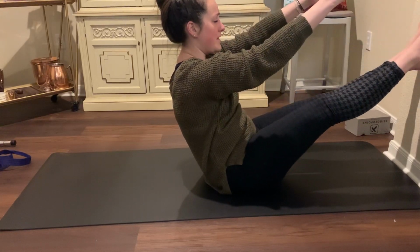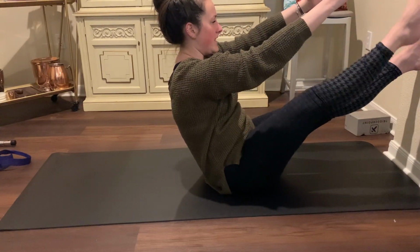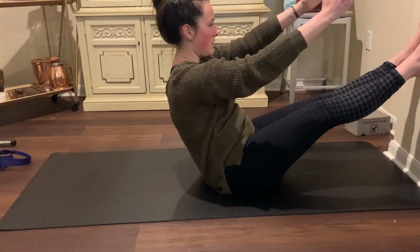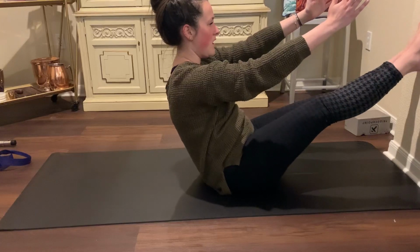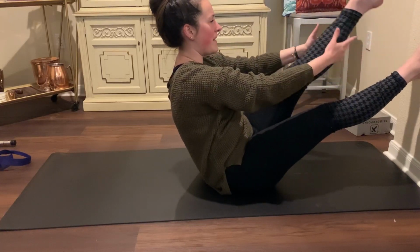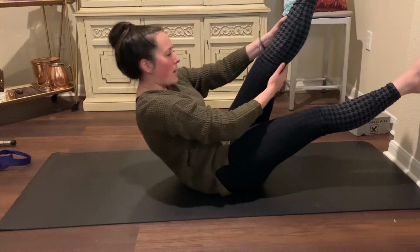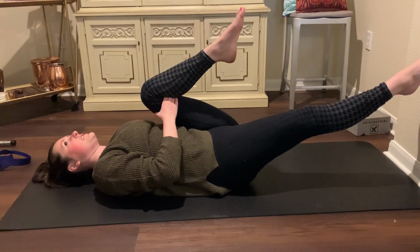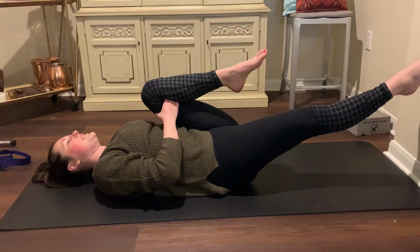I want you to lower it, tap it down to the wall. Pick it back up again. We're doing that 2 more times. Lower the foot down, pick that left leg up, hands go back around the calf, and you walk all the way down your leg. Stretch the knee into your chest just to reset, and we keep the same sides even,